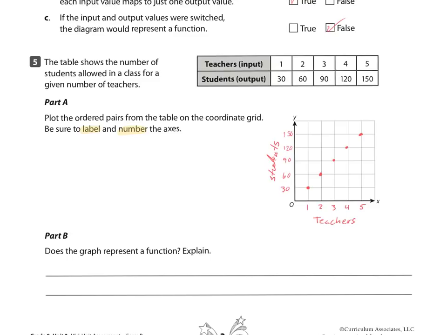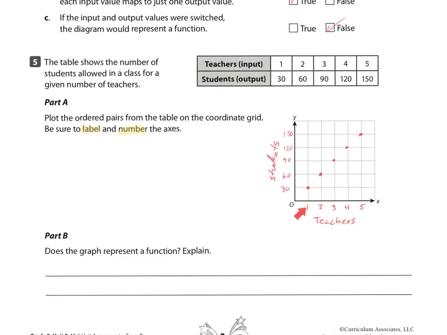Now, part B says, does the table represent a function? And explain. So the table does represent a function because, as you can see, you can draw a vertical line through every single one of the points and you will only touch it once. So